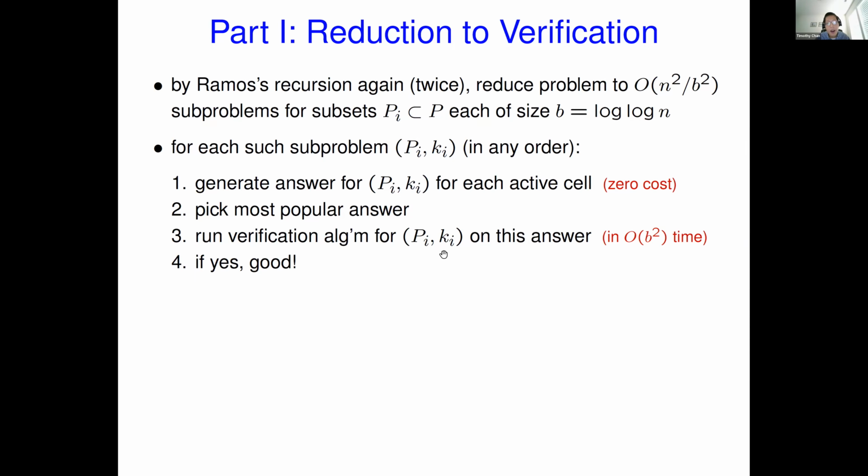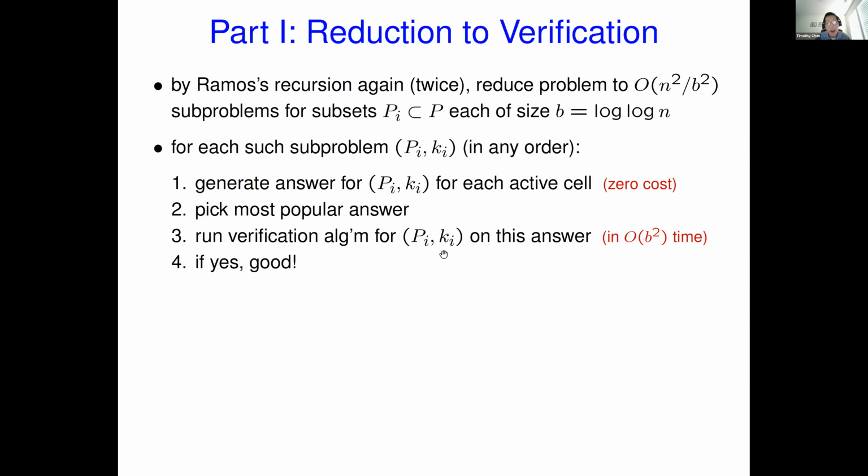Okay, so the list of active cells will shrink as you go along. And each round you pick the most popular answer, and you run the verification on that. Okay, so that's the whole procedure. But what's not clear is that in the no case the cost is large. The claim is that you can bound the number of times you enter the no case. You cannot enter the no case too often,